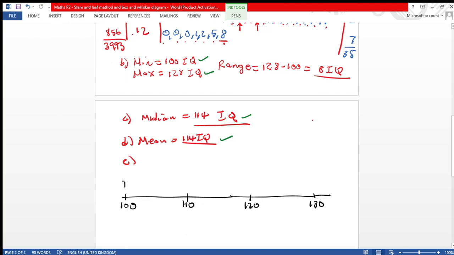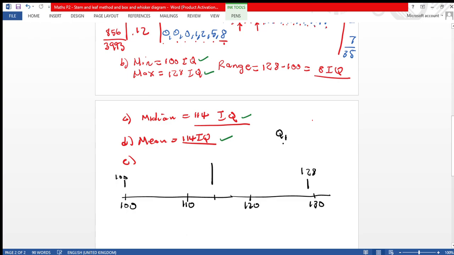This is the minimum, 100, and then 128 is the maximum. It's about here. The median, the midpoint is about here, where we have 114. So we write a line there for the midpoint,